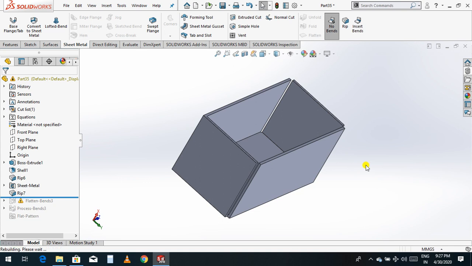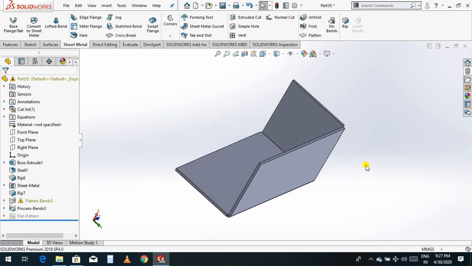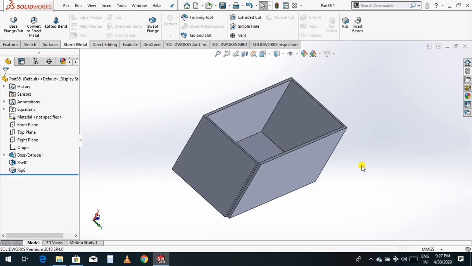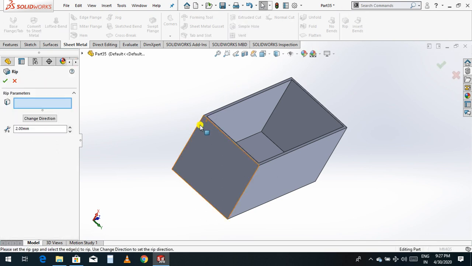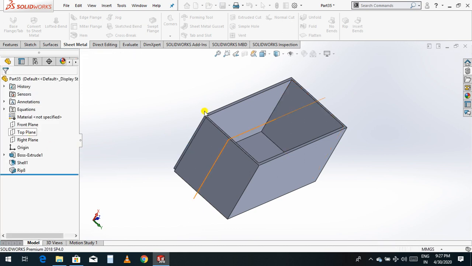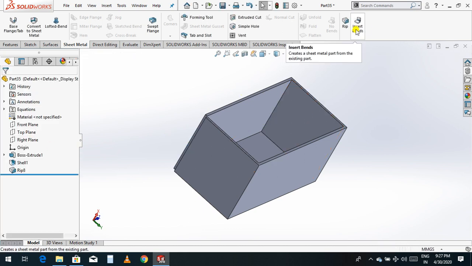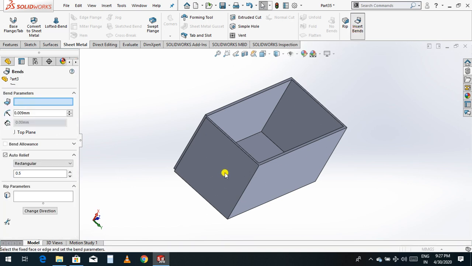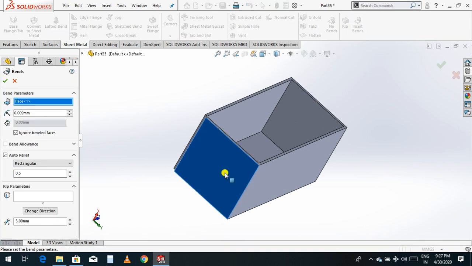I'll give you another example. Just go back, undo. Okay, again undo. Okay, now apply this rip on this edge, select OK, with corner distance 2 mm, and again you select insert bend and select this face, and I'll give a rip parameter to this corner.